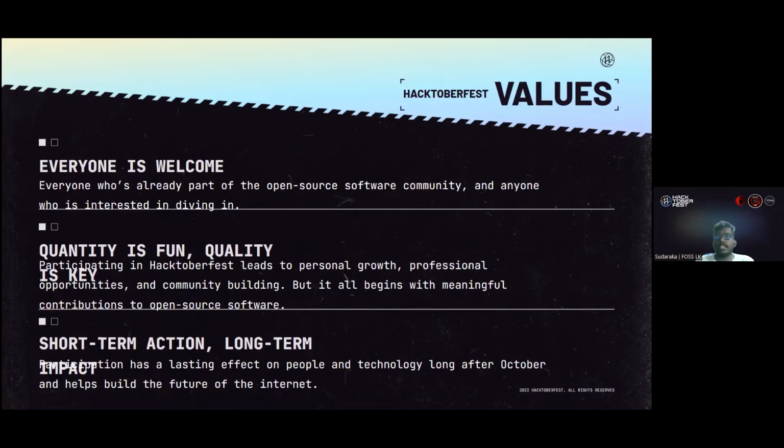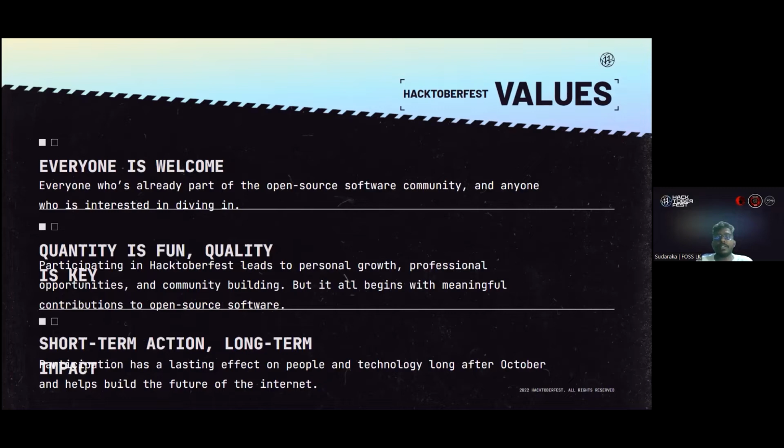The other value is short-term action and long-term impact. You might spend several hours on your pull request, I mean your contribution to Hacktoberfest. But sometimes later, let's say after a year, someone is looking for that kind of code implementation on the internet. They will find your contribution and get the idea.